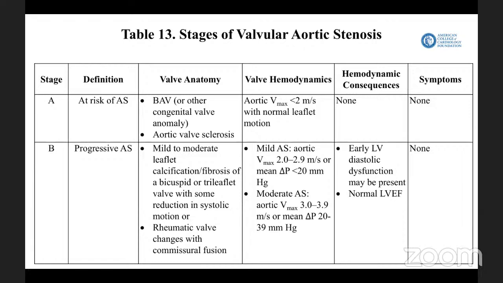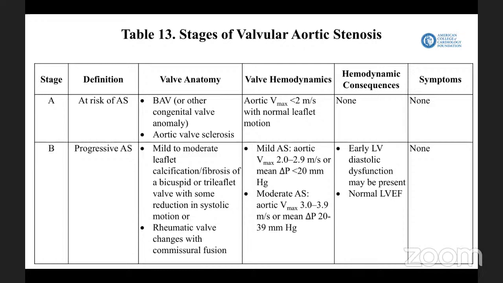And they might have some valve anatomy feature like mild to moderate leaflet calcification or fibrosis, or some rheumatic valve changes like commissural fusion. And in terms of valve hemodynamics, they tend to have mild to moderate severity. For grading aortic stenosis, usually they have velocity between 2 to 2.9 meters per second, or mean pressure gradient of less than 20 in terms of mild